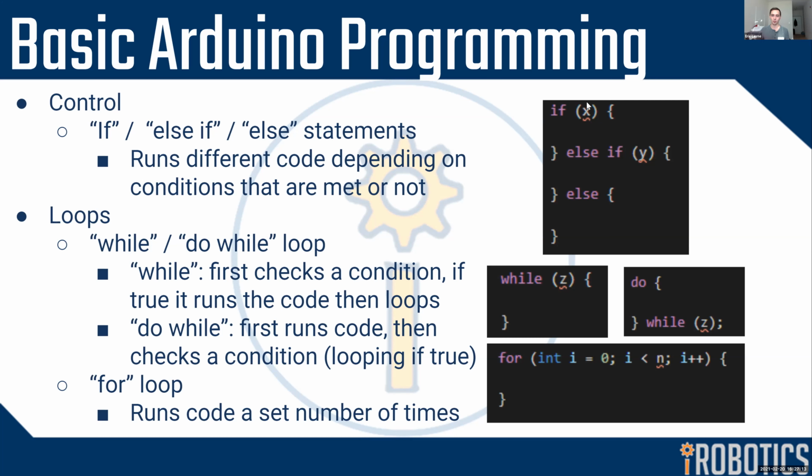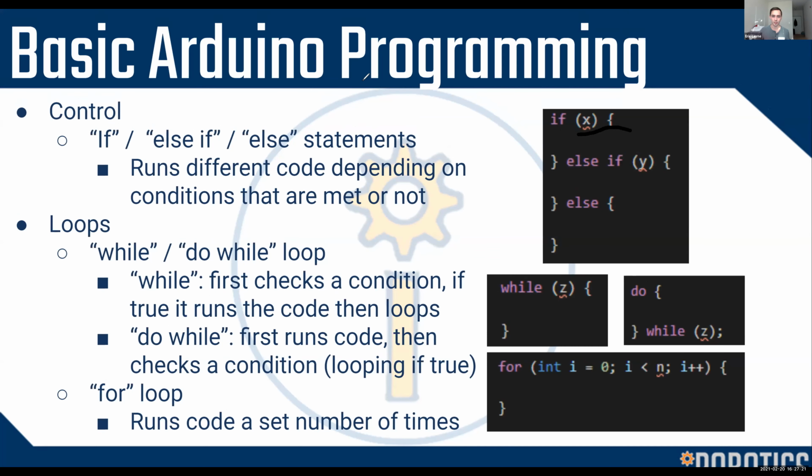So if X is true, then the first line of code here can run. That's a very bad color. Let me change that. So if X is true, this code will run. And if X is not true, but Y is true, then this code will run. And if X is not true and Y is not true, then this bit of code will run. That's basically how the if statement